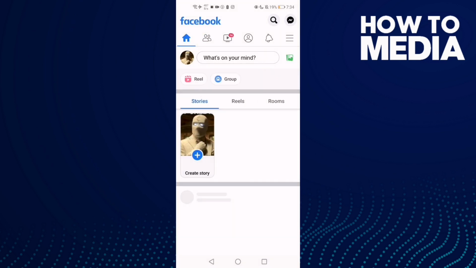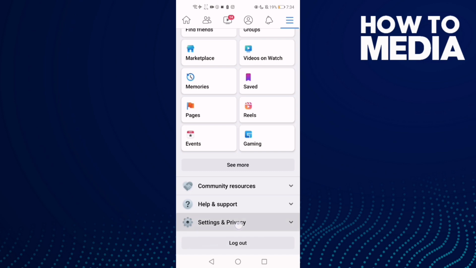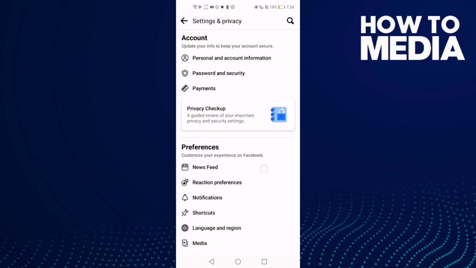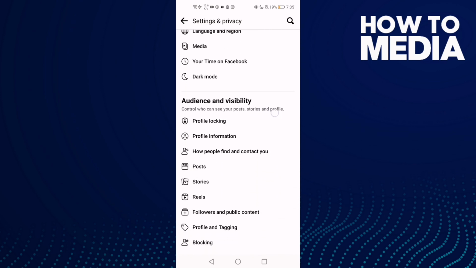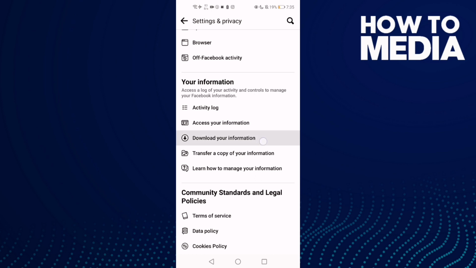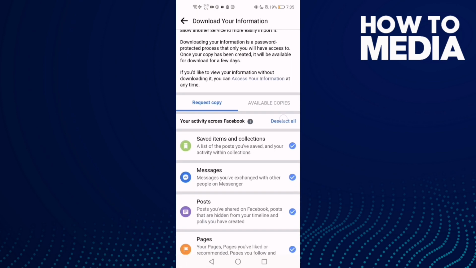First thing, go to Facebook and then click these three lines here in the top corner and go down, click settings and privacy and then settings and go down here until you find download your information. Click on it and then just click this select all